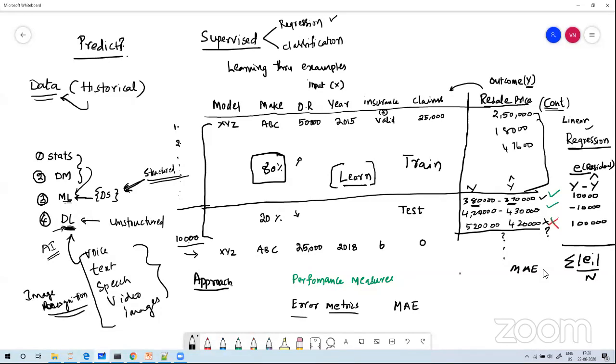Now, if this is a small value, let's say the mean absolute error is 10,000, that means on average, when we make the predictions of the car price, we are wrong by 10,000 rupees. That's okay. When the predictions are in the range of 3 lakhs, 4 lakhs, if we make an error of 10,000 rupees, that's not a big deal. That's okay, right? Another way to measure the error is called